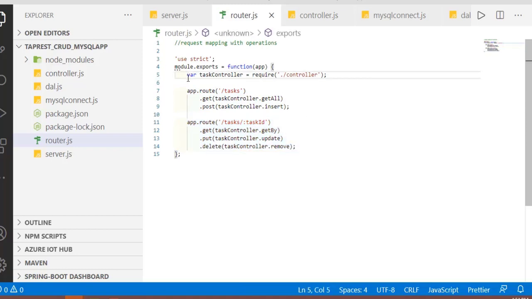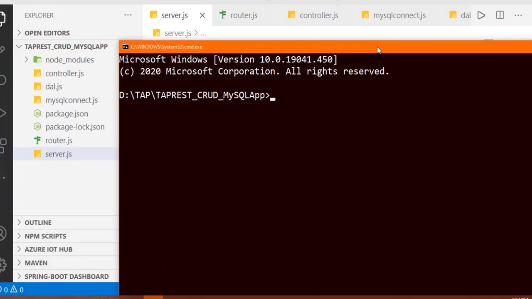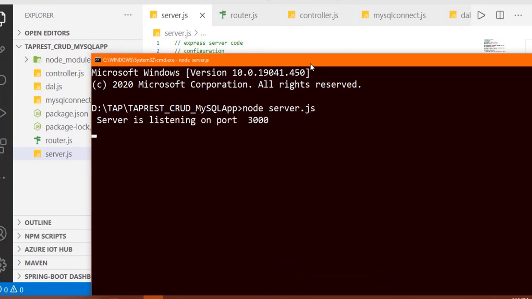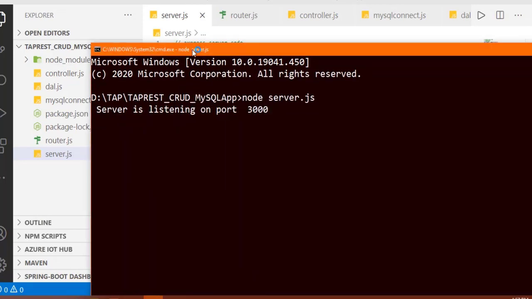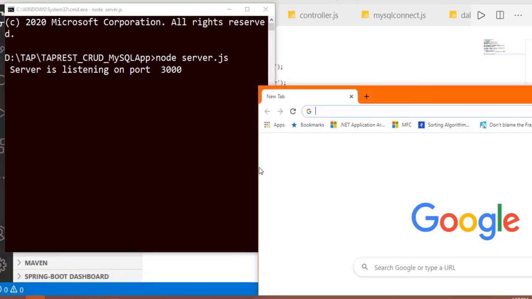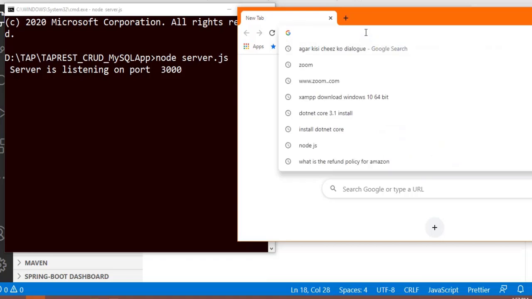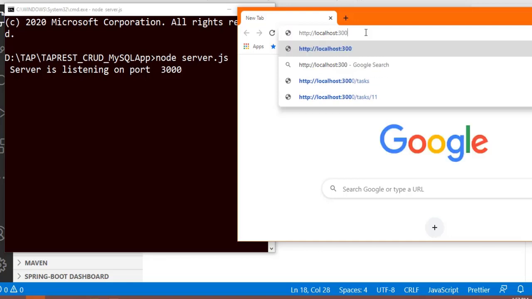See, the controller.js file has been linked using my task controller, and once my programming work has been done very well, my job is just to come back and run the node server.js command. Fantastic, it is running very well. Now my job is to test. How to test? Use your Chrome, type the URL, and see whether you can see all the tasks. I'm keeping my window properly so that I could show you very well. Here I'm typing my localhost, which is listening on port number 3000, and if I want to access that particular GET request, I'll say task.